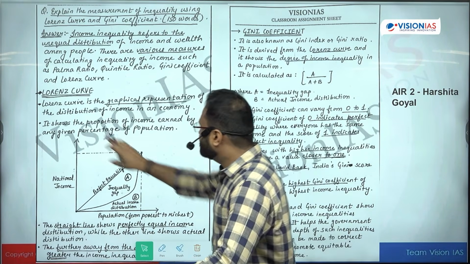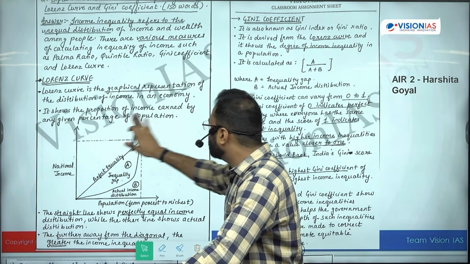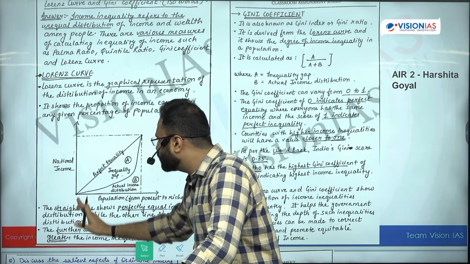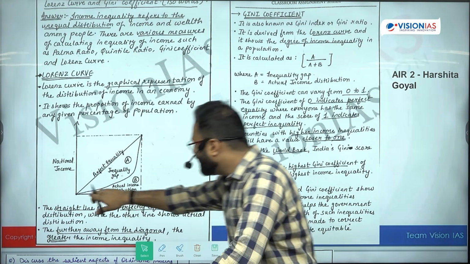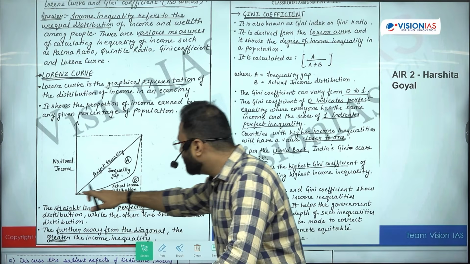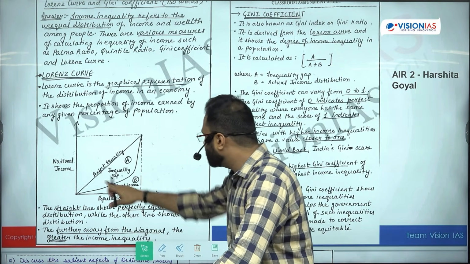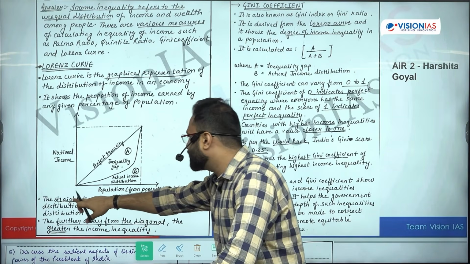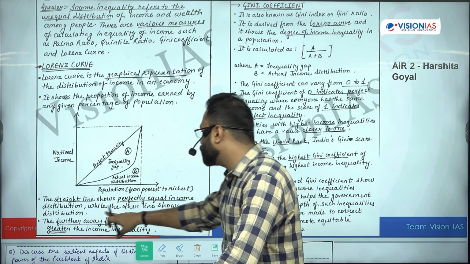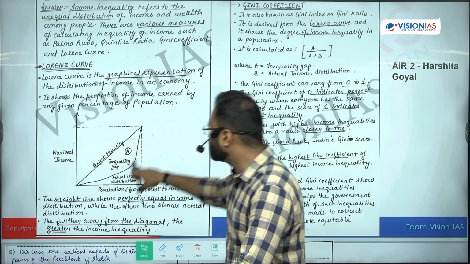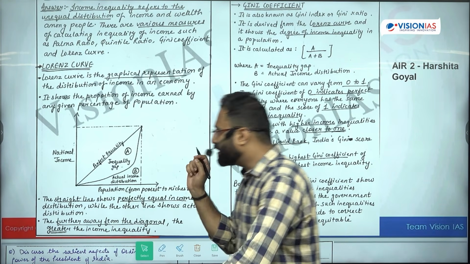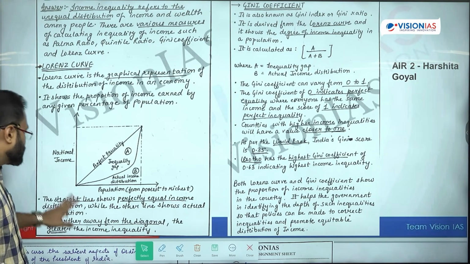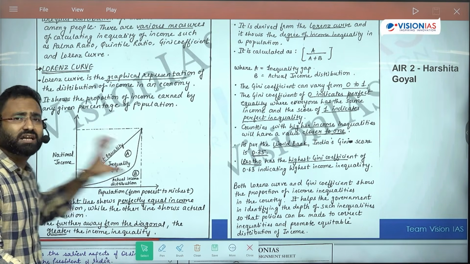There is a graphical representation that was given. It shows the income earned by any given percentage of the population. So it has pointed out the national income and the population. Then there is perfect equality, and it has marked the inequality gap in this particular area, and this is the curve with respect to the Lorenz curve, right? It mentions that the straight line shows perfectly equal income distribution, while the other line shows the actual distribution, meaning the rich people have comparatively more national income than the poor. So she has mentioned what this graph is all about.